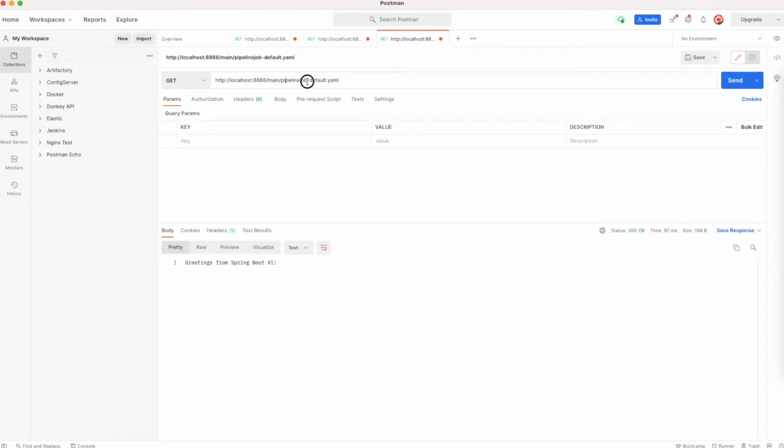Then we have to give the repository name. The repository name is pipeline job. And then we have to put a hyphen. Then we have to give the profile name here. For now, I want to fetch from the default profile. With this, if I run, this is the REST API to get the variables.